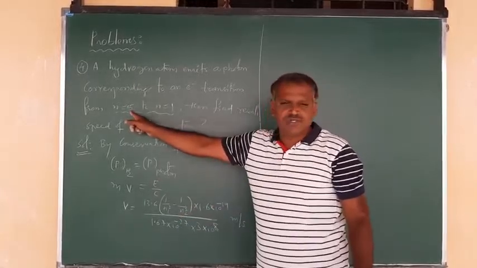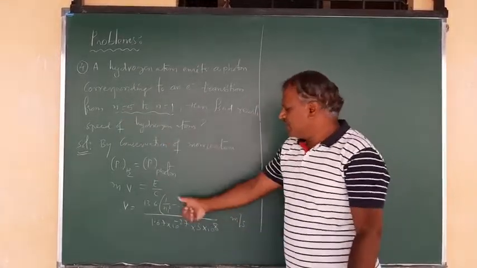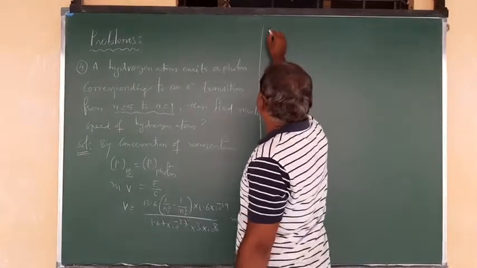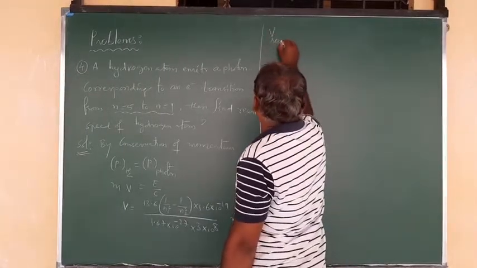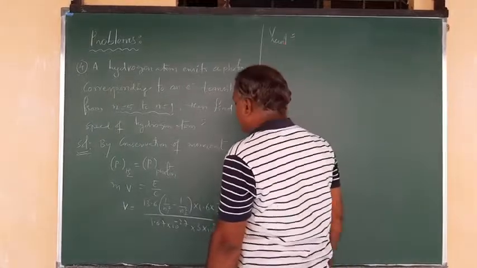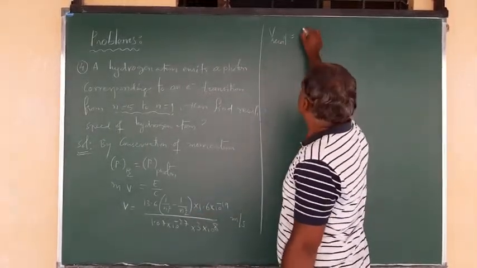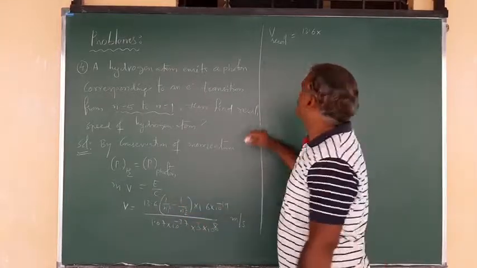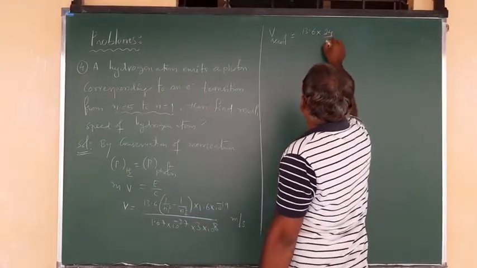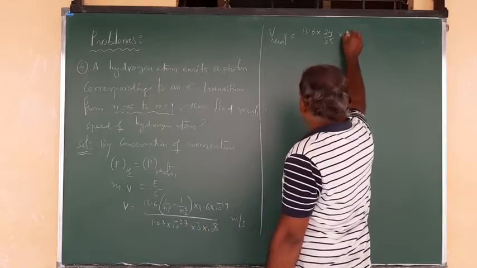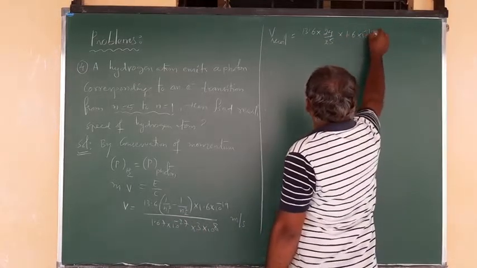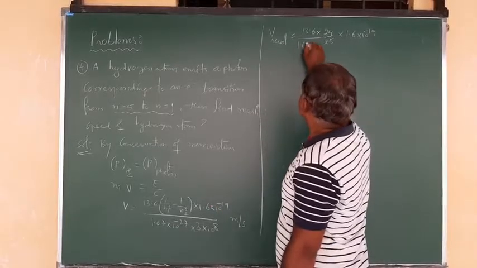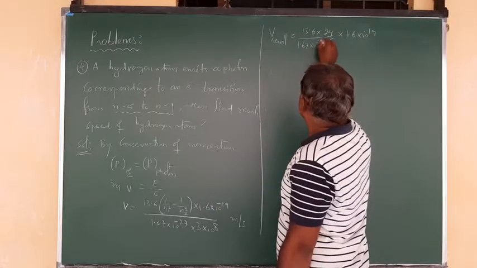N2 is 5. Then you can write 1 minus 1 upon 25. So that recoil speed, V recoil, is equal to 13.6 into (1 minus 1 by 25), which will be 24 by 25, into 1.6 into 10 power minus 19. Upon what we have another, it is 1.67 into 10 power minus 27